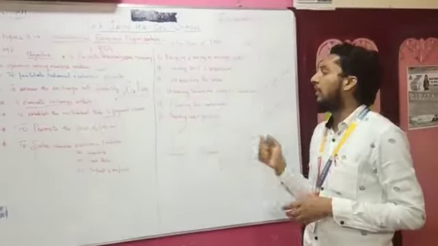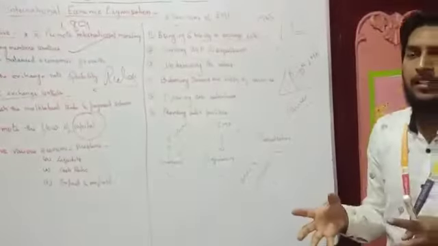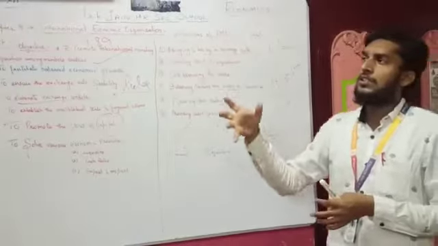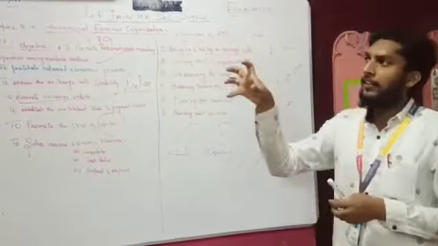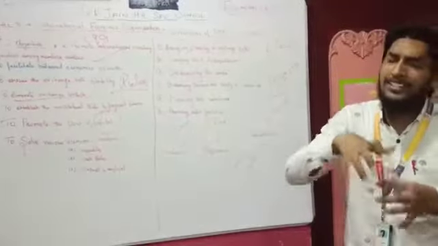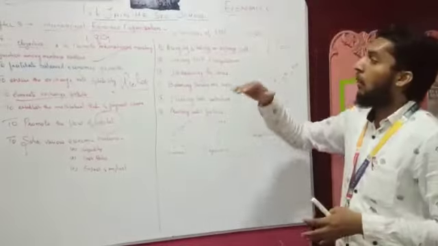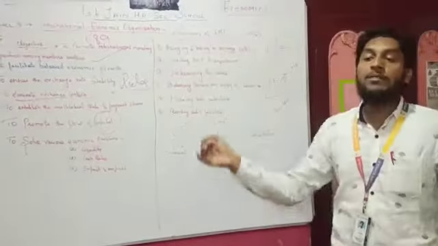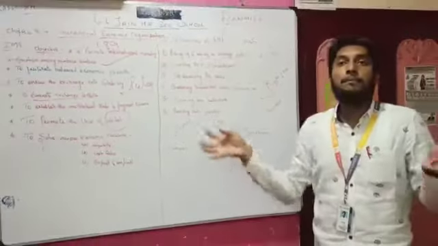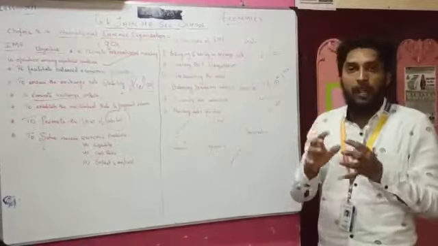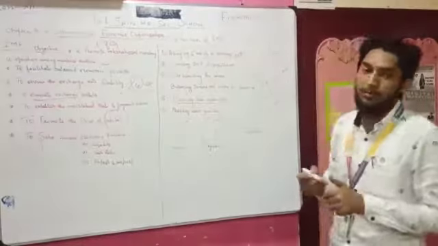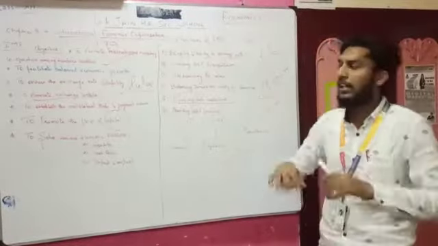Next, reducing the trade restrictions. See, in earlier times, a lot of trade restrictions were there. This country cannot do this trade, this country cannot do that trade, this country cannot do the trade in their currencies, only the dollar will be followed. This kind of various restrictions were there. When the IMF was set up, whoever became the member countries of the IMF, what happened? The IMF gave the simple reduction that all the trade restrictions were removed. Whatever the trade restrictions were there, everything was removed.